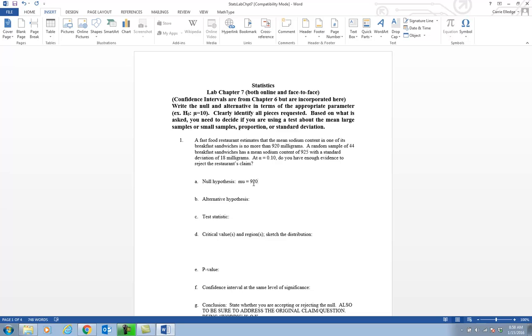Okay, and that's fine. What I don't want to see is X bar, for example, in your hypotheses. They need to be parameters. Okay, but if you want to be fancy, you can go ahead and put in the Greek letter. Also, if you want, you can put in the hypothesis. Actually, it should be italicized. Okay, so I could